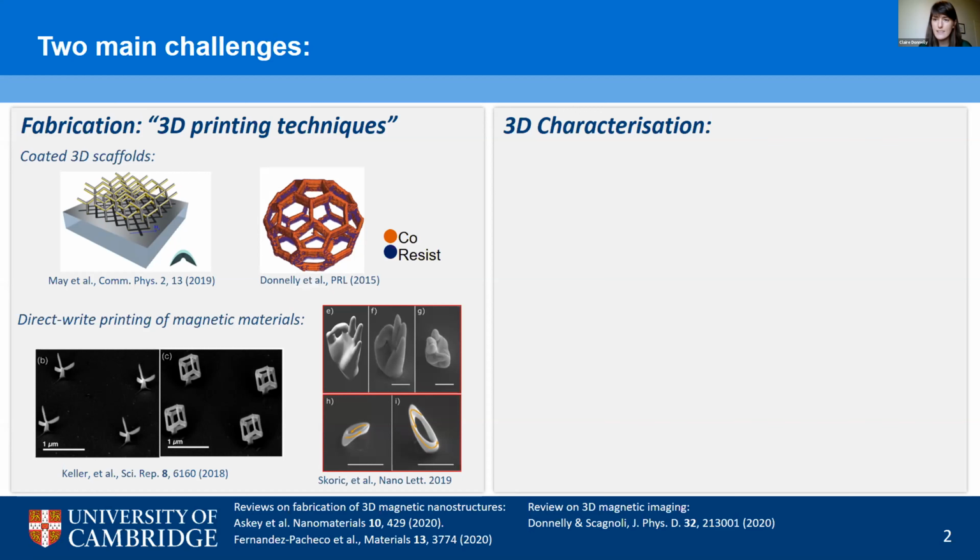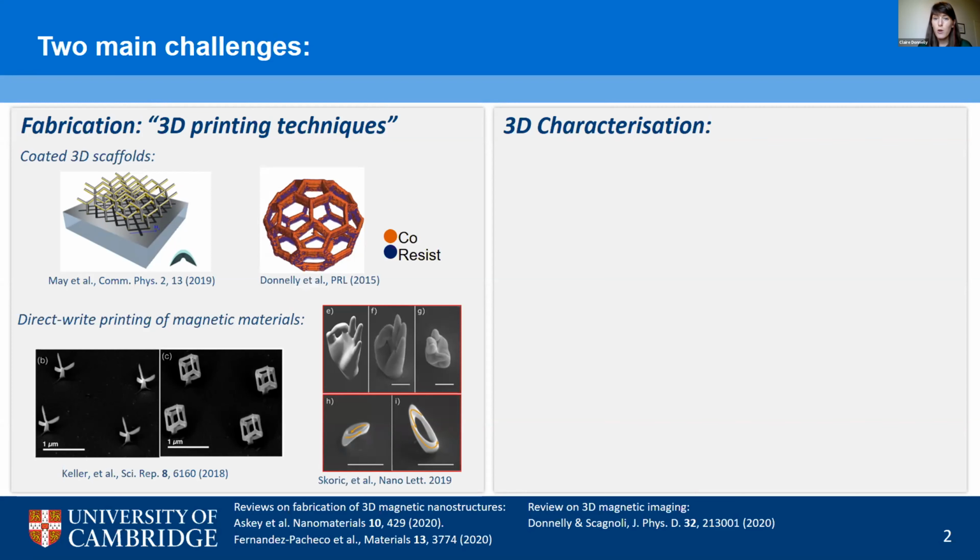So now that we have access to these 3D magnetic nanostructures, the next challenge is actually visualizing them and understanding what's going on, i.e. we need 3D characterization techniques. Now, when we consider that, we need essentially 3D magnetic imaging or magnetic tomography. And in recent years, there's been a number of